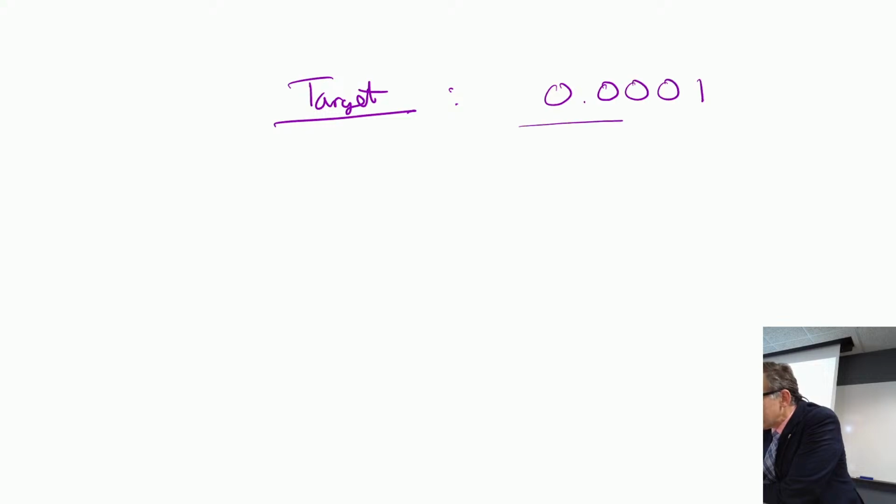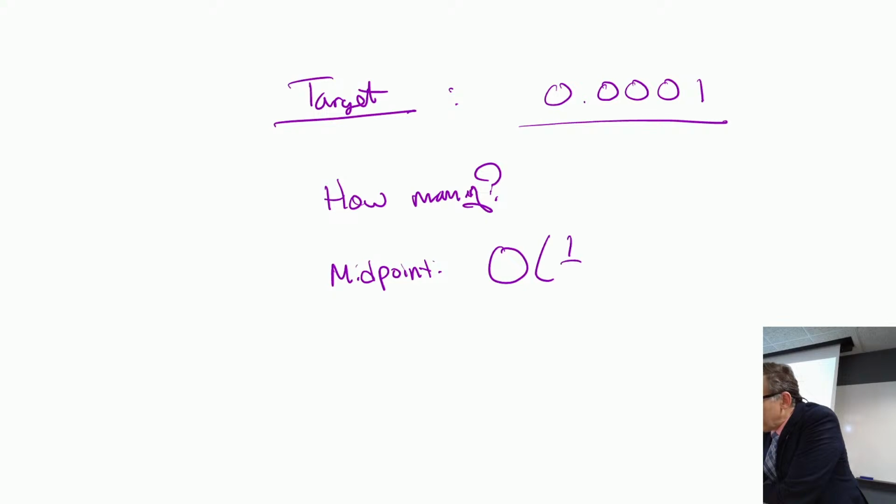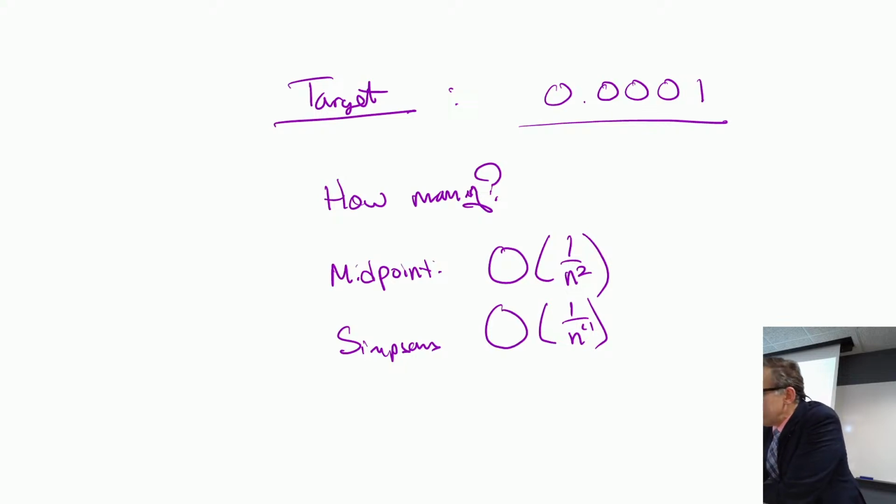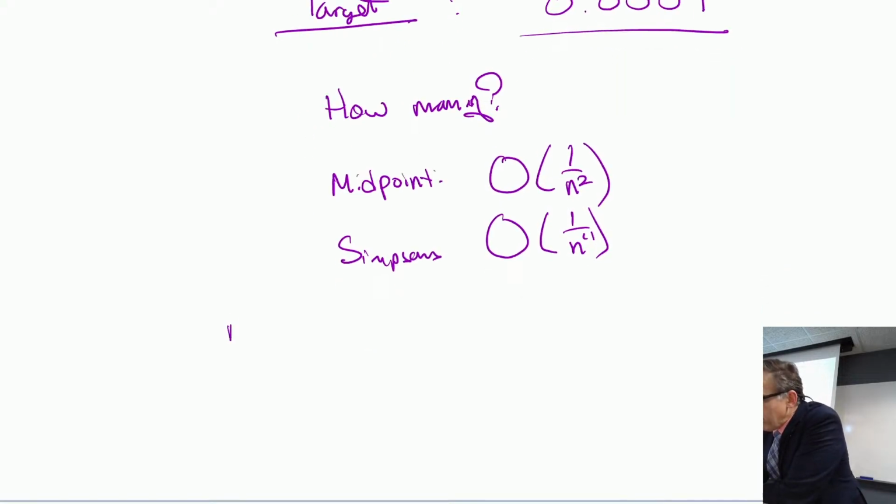So let's start with, let's say that our target, or the tolerance, is I want to be within 0.0001. How many? Now bear in mind that the midpoint rule is on the order of 1 over n squared. Simpson's rule is on the order of 1 over n to the 4th. And we've got a little bit of data now. We know that for the midpoint rule,